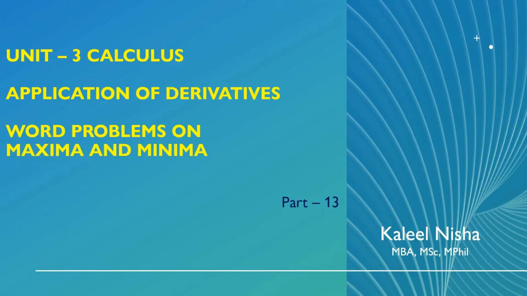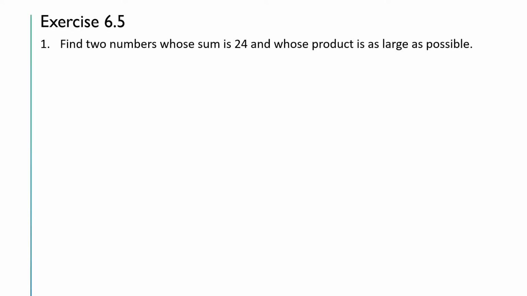In my previous video, I discussed the use of the second derivative test in finding the points of local maxima and local minima. In this video, I'll start with word problems on maxima and minima. So these are the questions from exercise 6.5 of chapter 6, application of derivatives, from the book Applied Mathematics Class